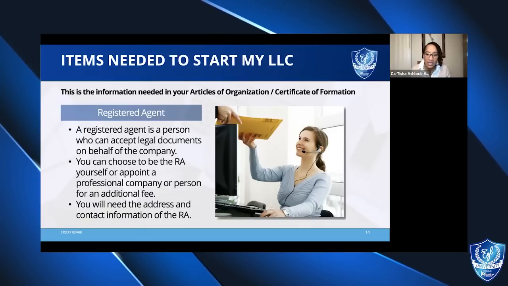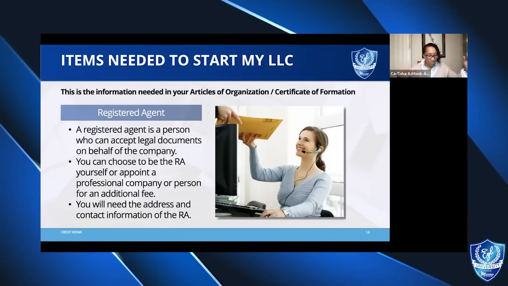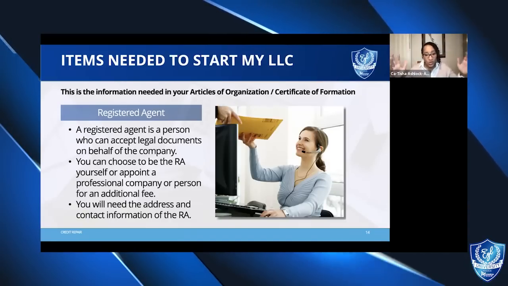Now we have to talk about statements, with the Secretary of State to effect a change of the certificate of formation. Failure to maintain a registered agent and a registered office may result in an involuntary termination of your LLC. I'm not playing with nobody, so y'all better not play with them. I make lots of jokes and take light to a lot of stuff, but this is dead serious. If you want to read more about Texas, because we do have Texas people out there, I can drop the link where I got this from